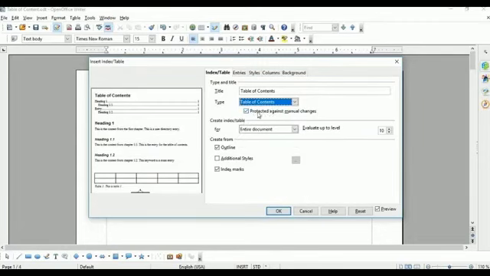Now there is protected against manual changes. This option is checked by default. We will discuss it afterwards. Then two checkboxes are also checked, outline and index mark. After that, maximum 10 levels of heading are available, evaluate up to level 10. Means total 10 headings are available, but in our document only 3 levels are given, heading 1, heading 2 and heading 3. Is it clear? So click on the OK button.